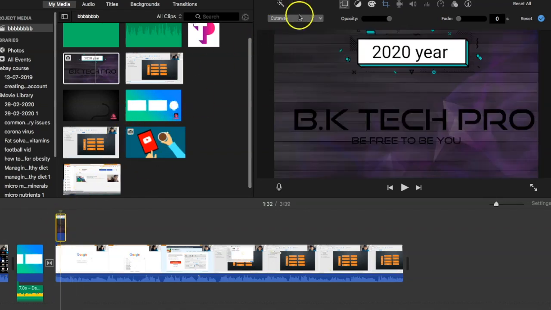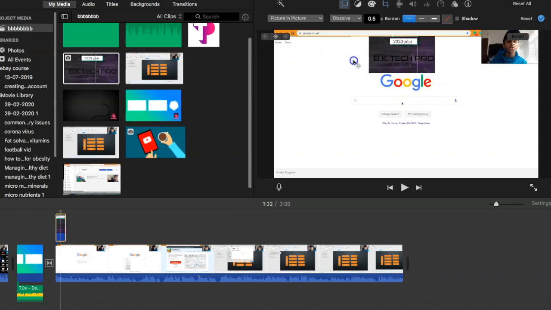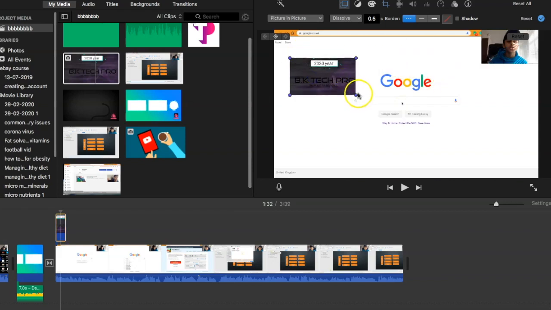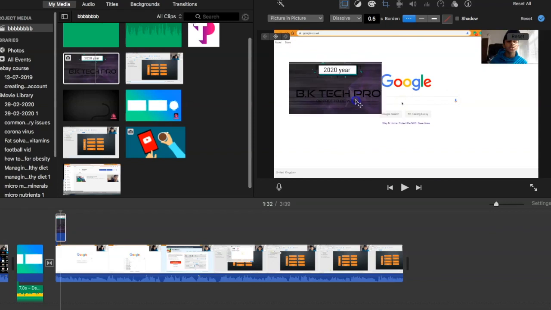when it's highlighted you will need to go where it says cutaway, or near the magic wand right here. Then after that you will need to press on that, and you will need to press picture in picture. So press on that. When you've done that, it will show a mini screen of the picture that I picked